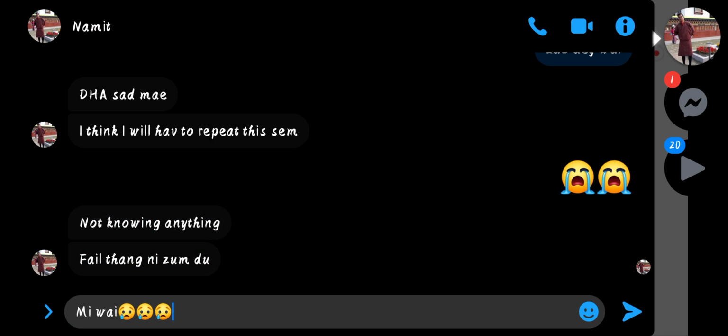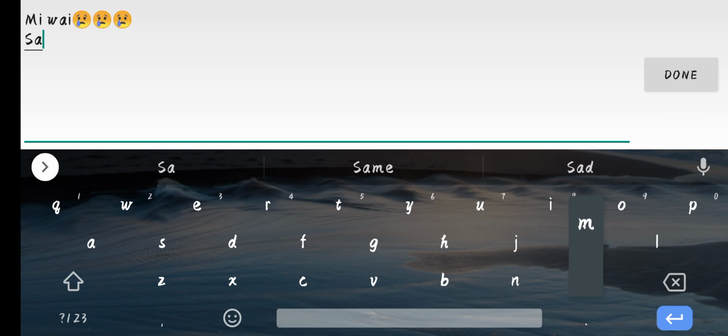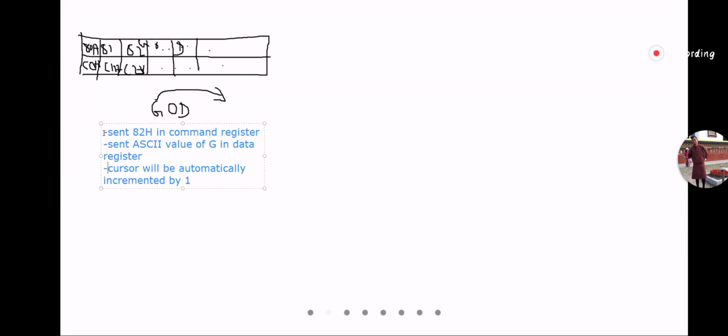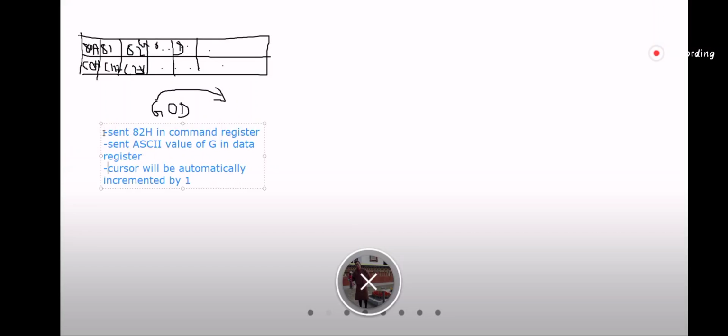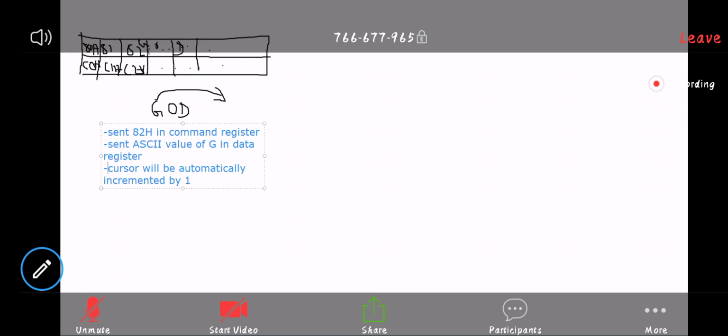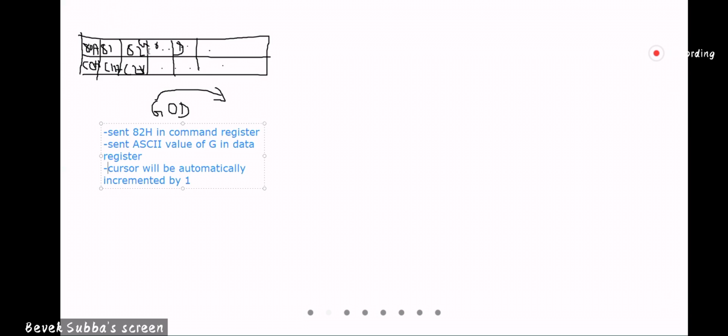Am I clear to you or not? If I want this G to display on 82, this 82 will first be sent to the command register.